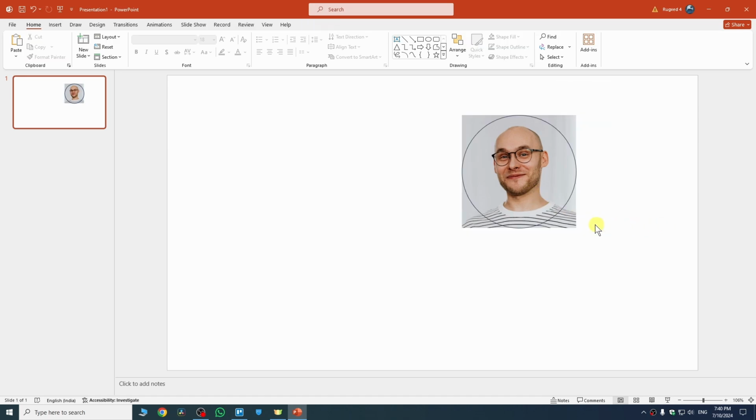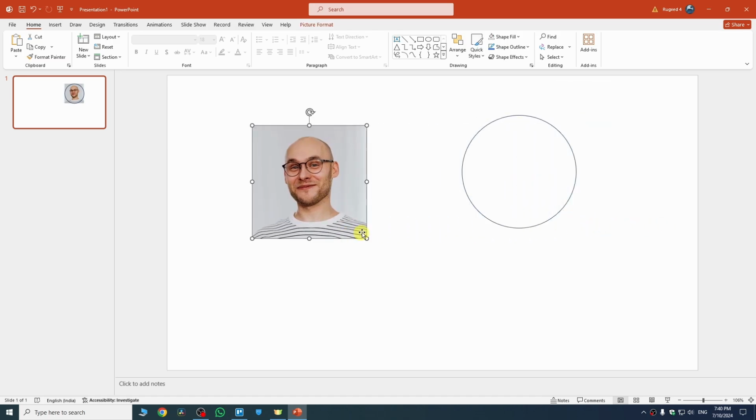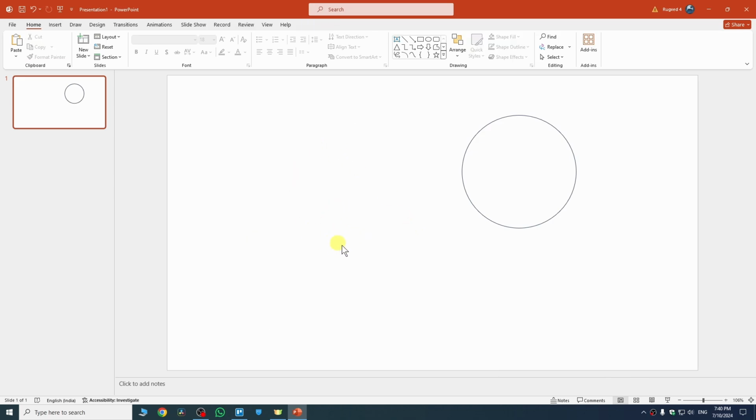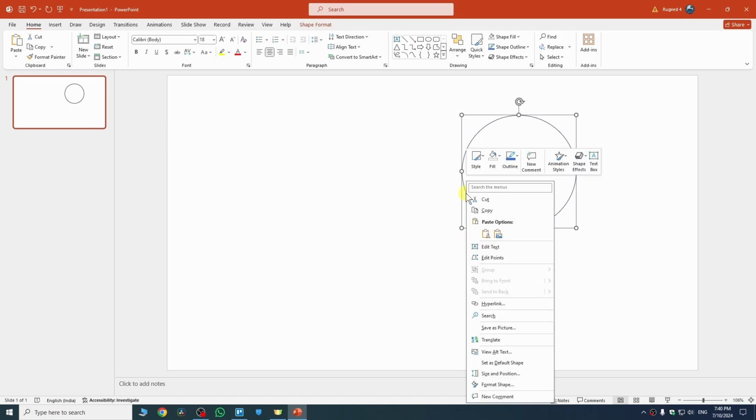Okay, now just click anywhere else and move your photo away from the circle and hit Ctrl X to cut it into your clipboard. So the photo is now in our clipboard and we are going to paste it on the circle. But before that we need to right click on the circle edge,